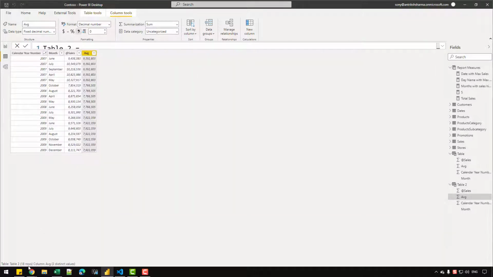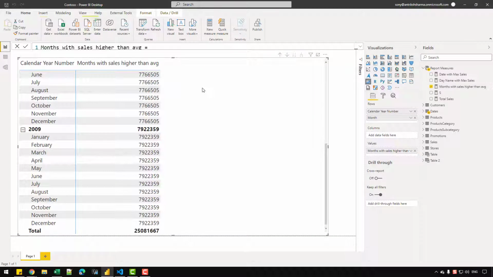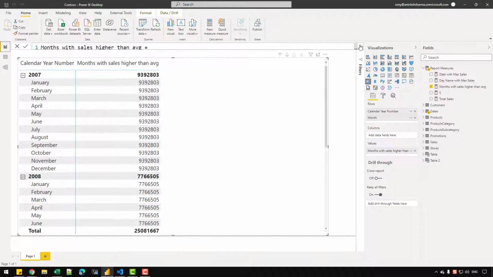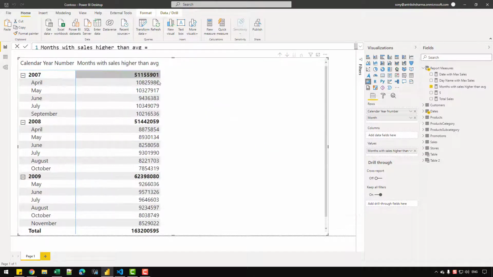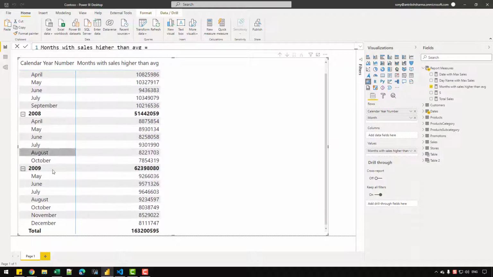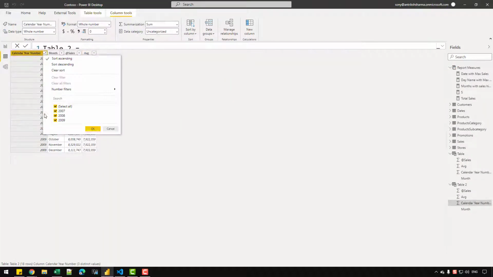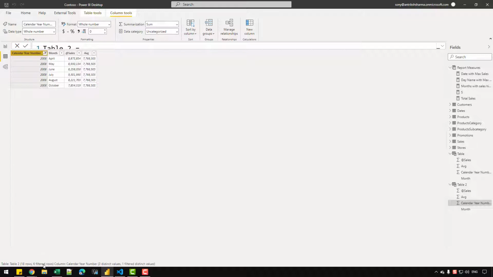and you can see that now I only get 18 rows, and for 2007 I'm getting 1 2 3 4 and 5 rows, as we have already seen in the matrix. Let me just return the correct value first of all. So let's confirm that, and you can see for 2007 we are returning 5 values, for 2008 we get 6, and for 2009 we are getting 7. So let's count. For 2008, let's filter out everything. I get 6 values, and for 2009 I should get 7 values, and that is what I am actually getting.